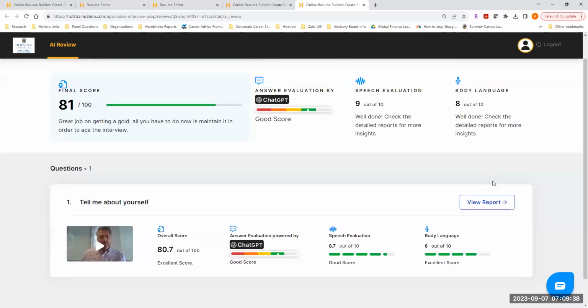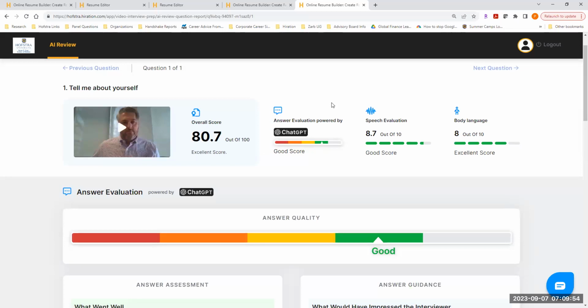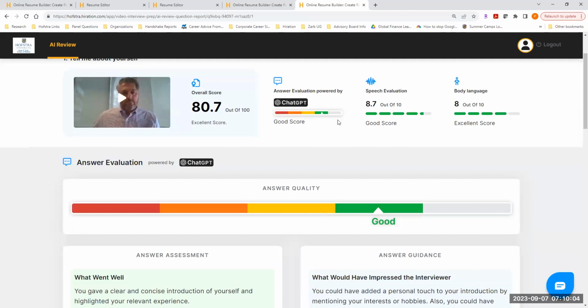I did a practice one just on the spot when we were working on the beta test, when they were telling us about how we were going to utilize the tool. I did this for just answering, tell me about yourself. What it does is score you on a whole host of different pieces. It gives you an answer evaluation. Not only does it have your response when you're talking to the computer, it records what you say and goes out to ChatGPT